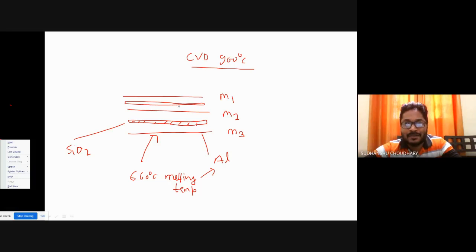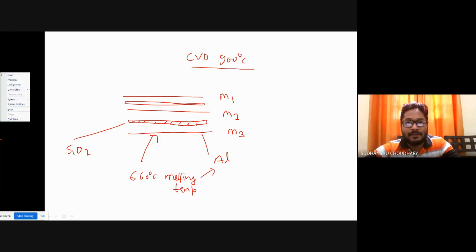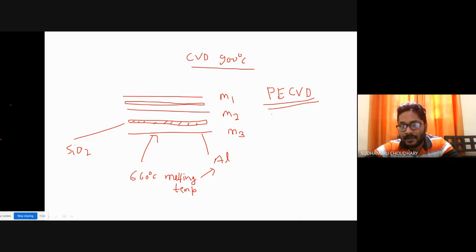So to overcome this issue, there is another CVD process, which is a low temperature CVD process, and the name of that process is plasma enhanced CVD, PECVD. It can be performed in the temperature range of somewhere around 200 to 400 degrees centigrade, so there is no problem.